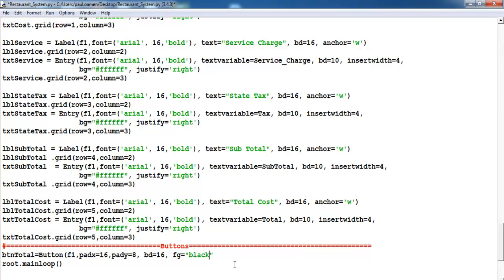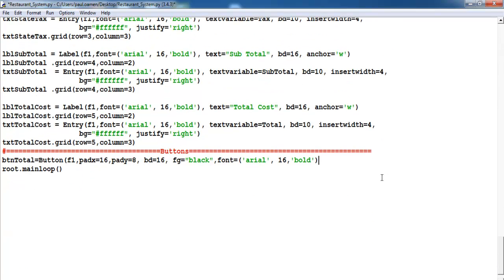Alright, it's looking good. Now we need a font. Let me just copy all of the font style and paste it right here. That's the font style in there. Now I will define a width. I want my width to be approximately 10 pixels, and press enter. Let's say text on my button, make that total. That's the text on the button,